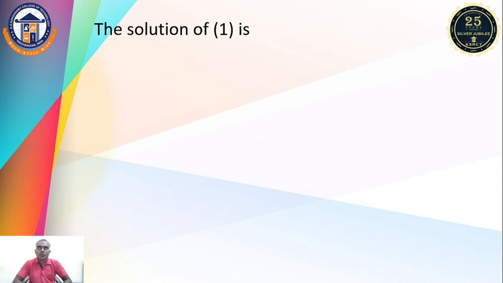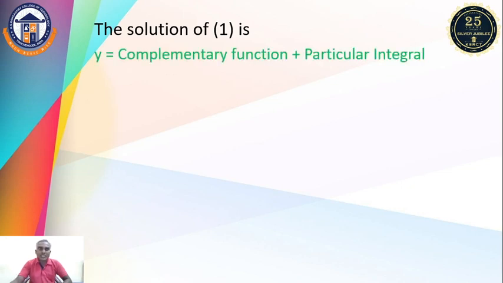So the solution of that non-homogeneous second order differential equation is called y of x. That y of x consists of two parts: one is the complementary function, another one is the particular integral. The complementary function is shortly noted as CF, and the particular integral is shortly noted as PI. So for any non-homogeneous second order differential equation, its solution consists of two parts, that is CF